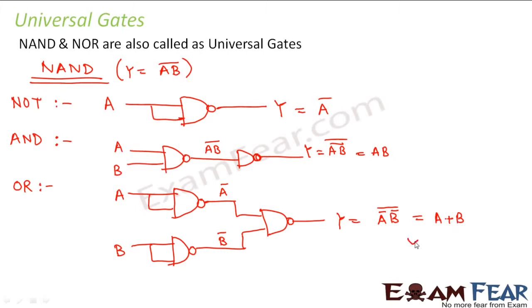How is it? You can see it from the truth table. This is A, this is B, this is Y. So 0, 1, 1, 0, 1, 1, 0, 0. For this truth table, what do you get for A bar, B bar? That means when A is 0, B is 1, this becomes 1, this becomes 0. So this comes out to be 1. Similarly, for all these, when you try it out, you get a result similar to the truth table for A plus B. So that is how we can see that a NAND gate can form a NOT gate, it can form an AND gate, and it can also form an OR gate.